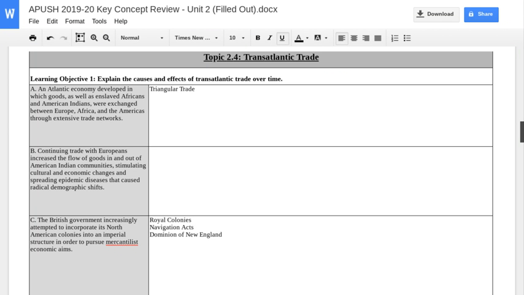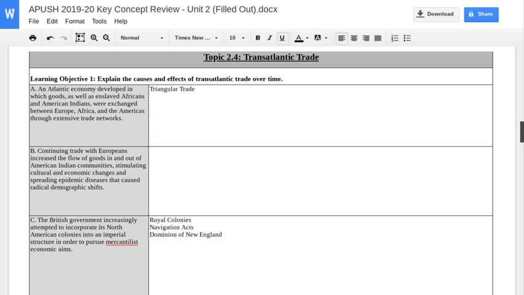All right, rolling into topic 2.4 with the transatlantic trade, really looking at the economic characteristics that are happening more or less between the new and old world, between Europe, Spain, France, particularly England. It's kind of what we're focusing on here, between England and their colonies. So, what we've got to figure out in the way that you need to approach this is that we're dealing with causation here. So, causes and effects.